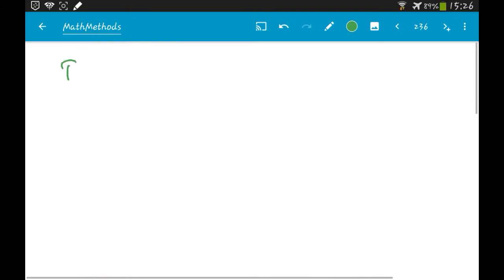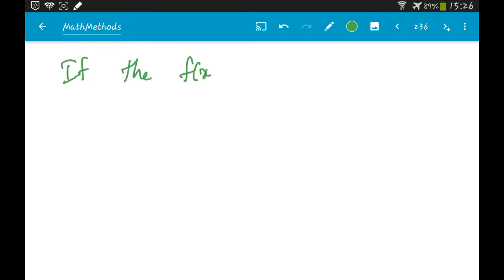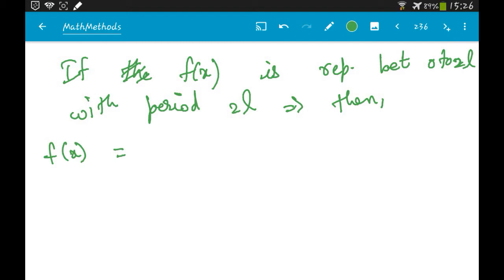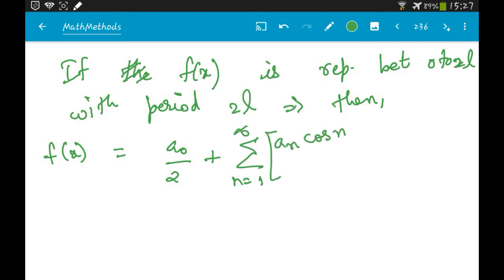Of course, if the function f of x is represented between 0 to 2L, with period 2L, then again f of x would be represented by the same kind of formula, which is a naught by 2 plus summation n equal to 1 to infinity an cos n pi x by L plus bn sin n pi x by L,